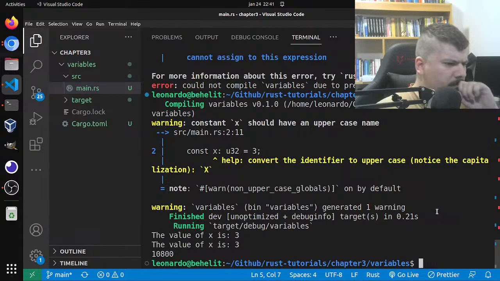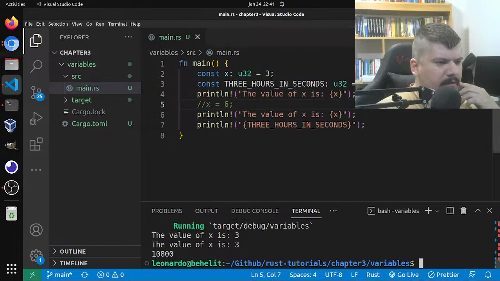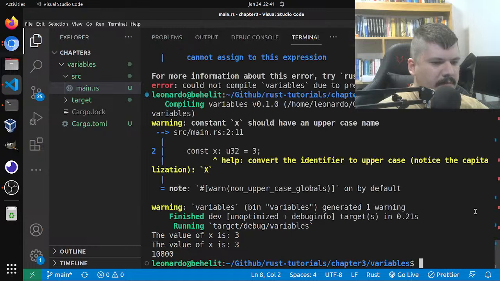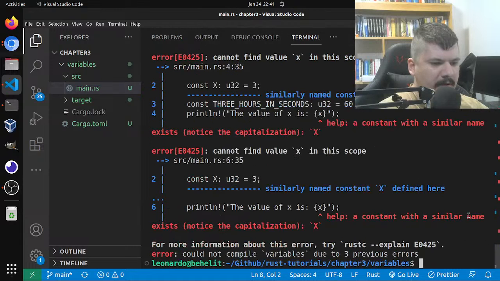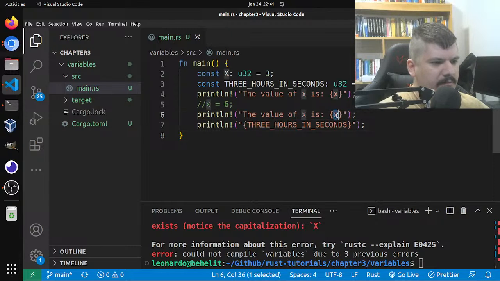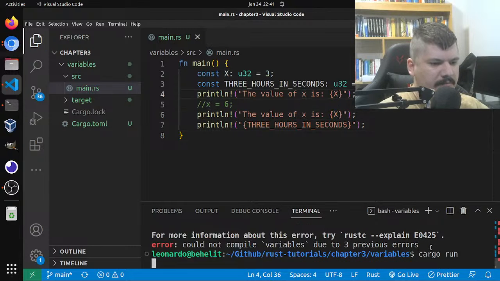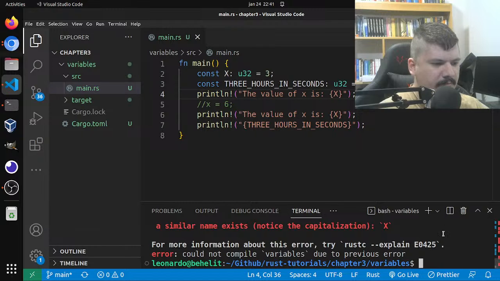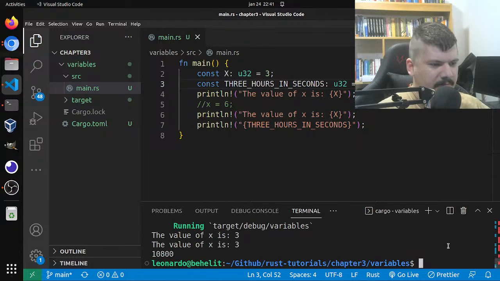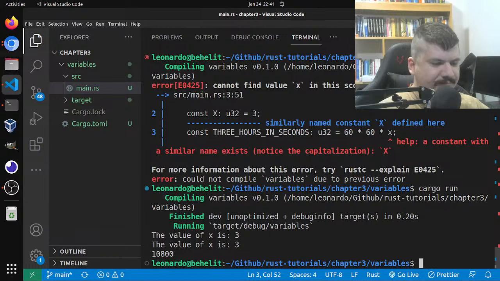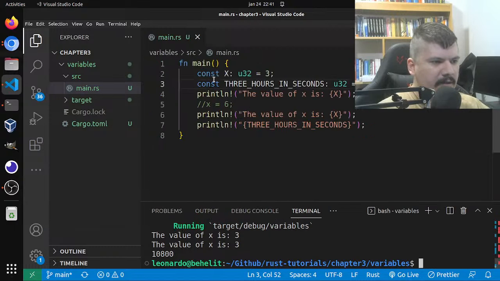And convert identifier to uppercase capitalization. Okay, because it's a constant, by convention you have to use all capital letters. Okay, and oh yeah, so now we have to adapt the whole code to a similar name. Okay, I forgot here also. So yeah, and now it's working. So basically here we can use a constant to define another constant like we did here,